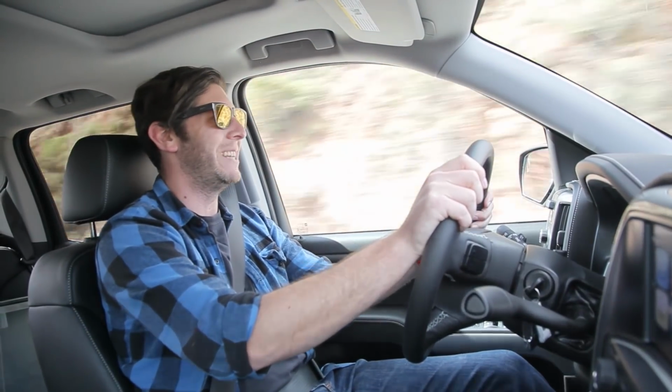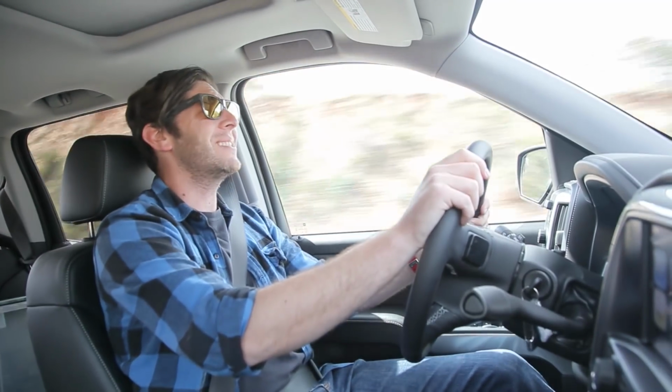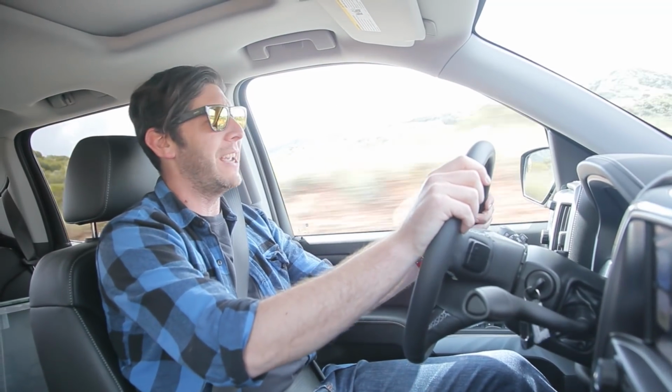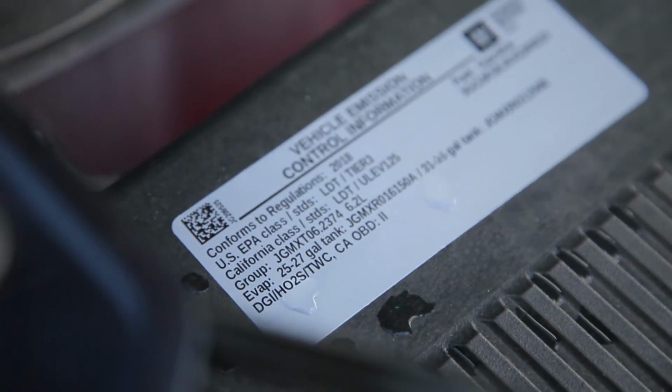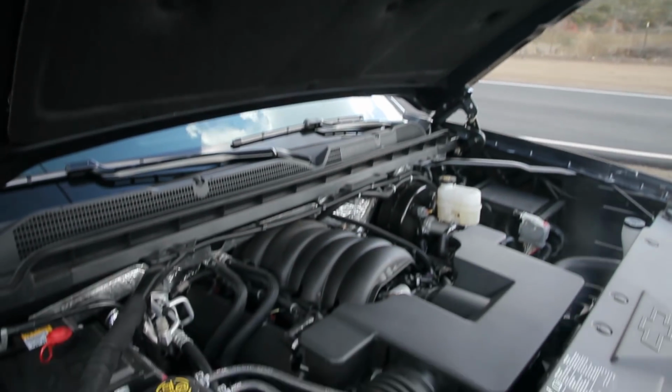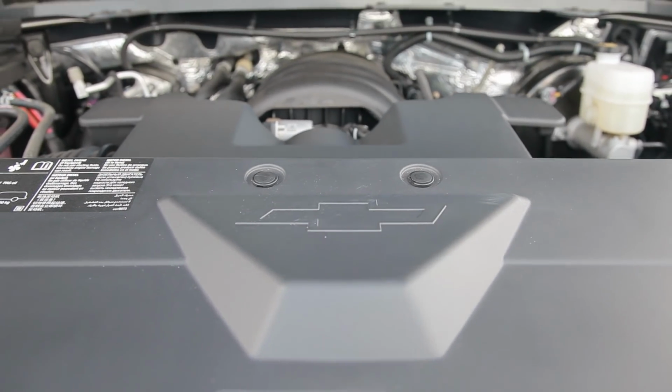This definitely does not have the 4.3 liter V6, which does make over 300 pound-feet of torque, so that's nice. This does not have the 5.3 liter V8, which makes around 355 horsepower and somewhere between 350 and 380 pound-feet of torque. Instead, this is optioned up to the 6.2 liter, which is making 420 horsepower and 460 pound-feet of torque. And that seems like it would be wonderful, but this truck is equipped with the 8-speed automatic gearbox, and